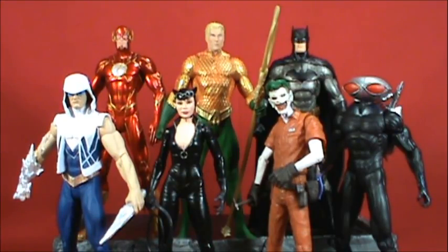So today we'll be taking a look at the Heroes versus Villains New 52 line of action figures from DC